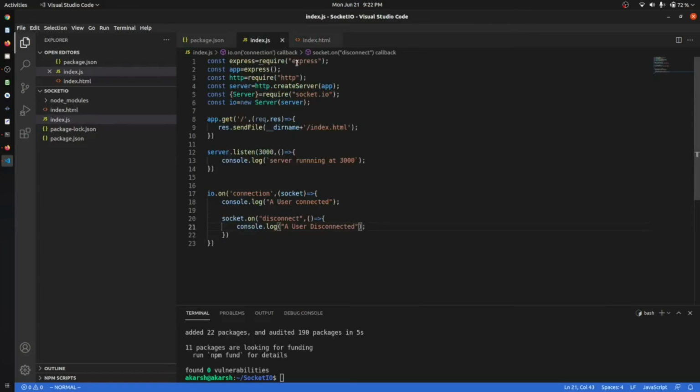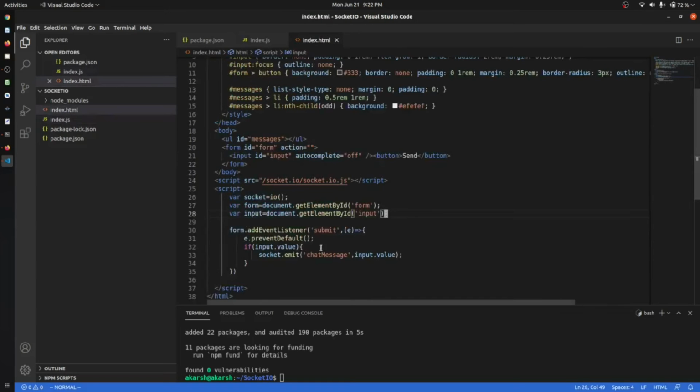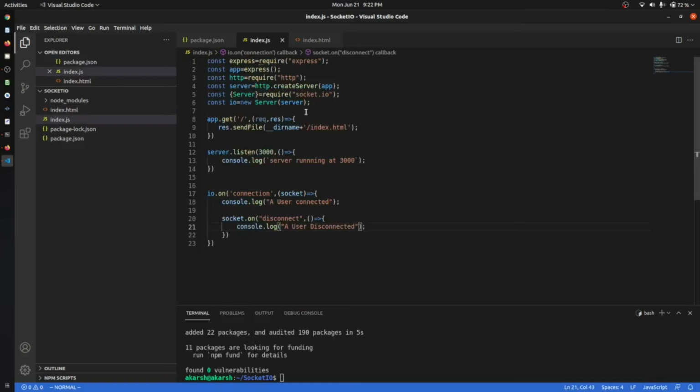We have created a room in our index.html that is chat message, but in our index.js there is no chat message.